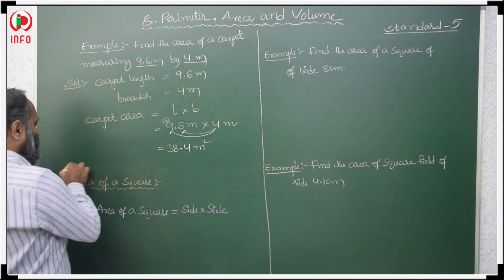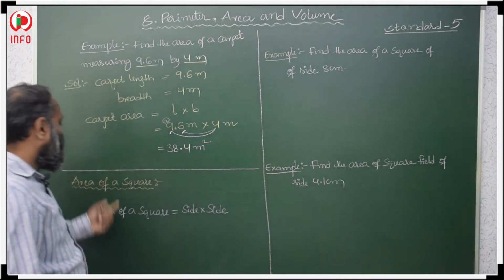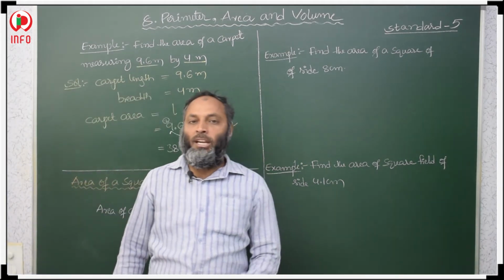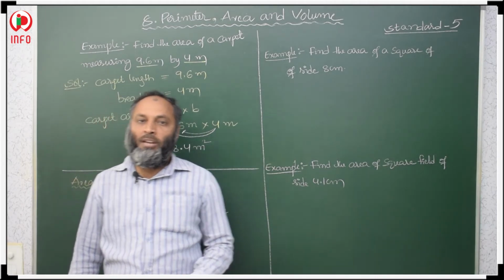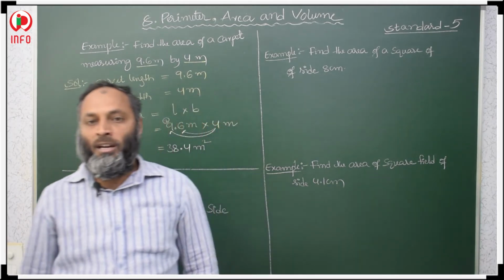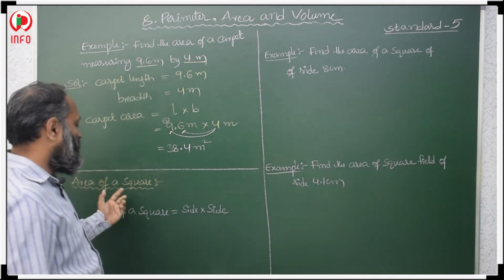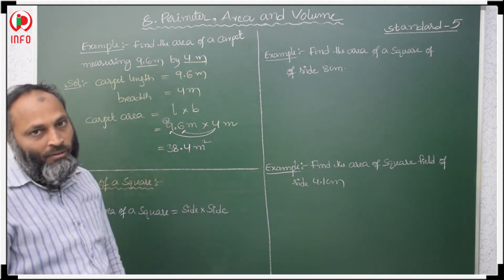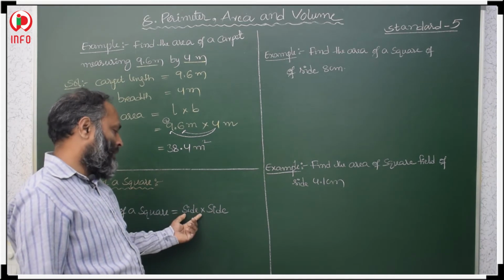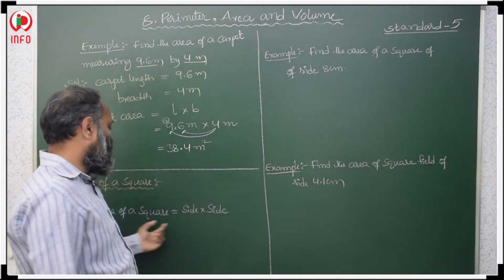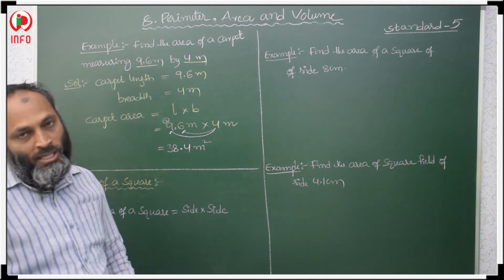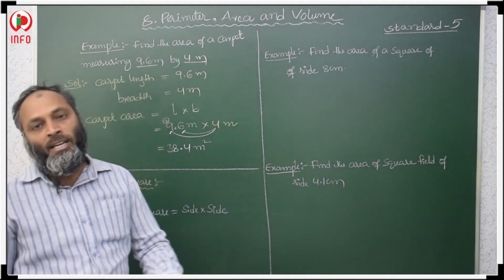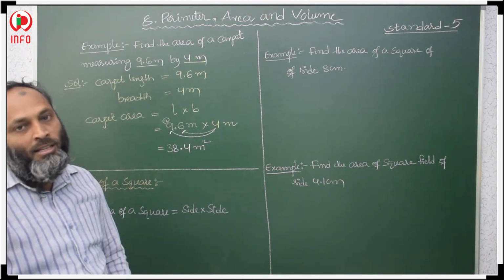Okay. Now the next one, area of a square. In a square, length and breadth are both the same, equal. We have an equal number of sides, so the length is the same in a square. So for the area of a square, length is the same and breadth is the same. That is why we have to take side into side. Actually it is length into breadth, the area of a rectangle formula, but length is the same and breadth is the same. So in a square we take side into side. Whatever the side length, we multiply it with the same, side with the side. Then you will get the area of a square.